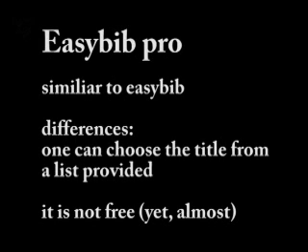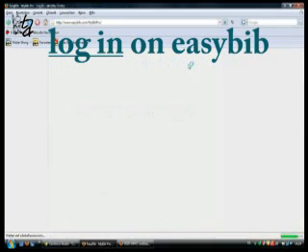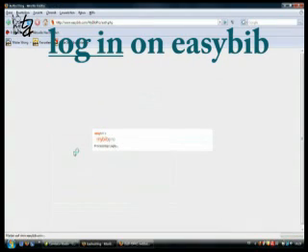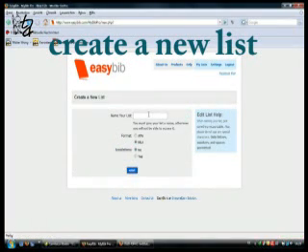One can choose the title from a list prepared already online and therefore does not have to enter all the data by hand. You have to log in on easybip. Once you have, you enter your personal workspace where you can save different lists of works cited for later use. Now what we will do is we will create our own list called writtencom2,